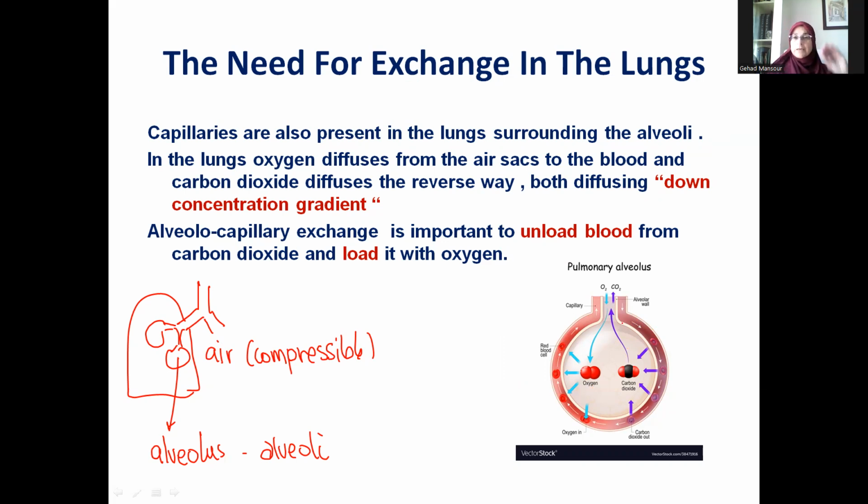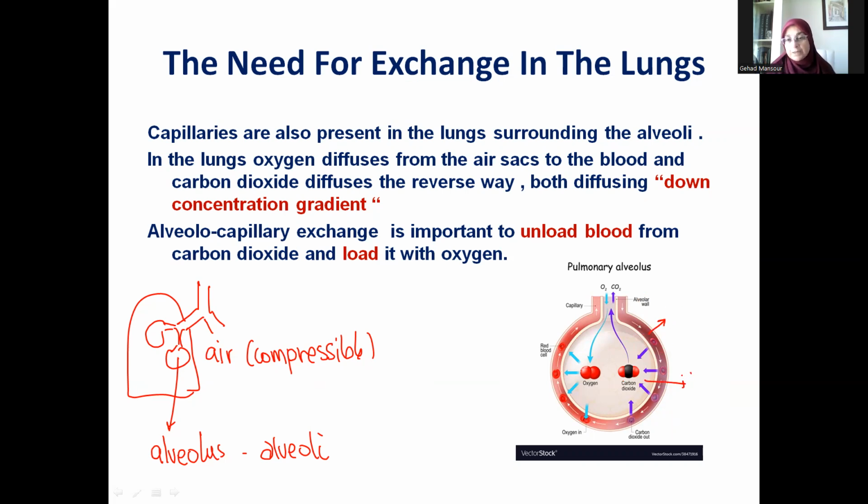There is always some residual air that stays in the alveoli, or in the air sac. They are never completely empty. And surrounding each alveolus, we have blood capillaries. And of course, that sounds logical because we need some kind of exchange to occur between the blood capillaries and the air sac. So we call it